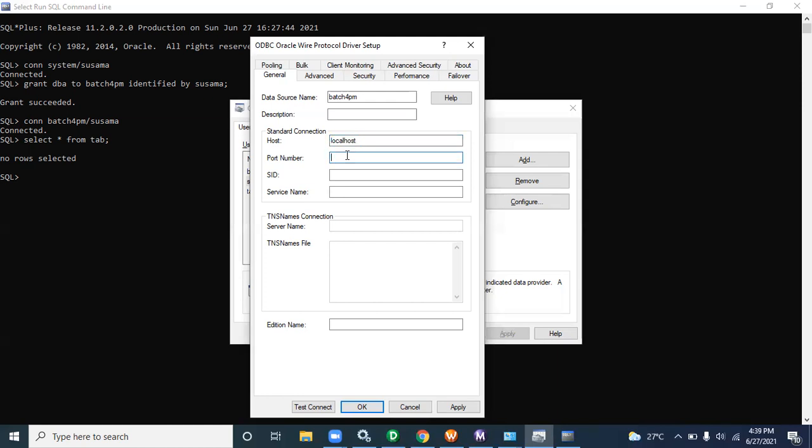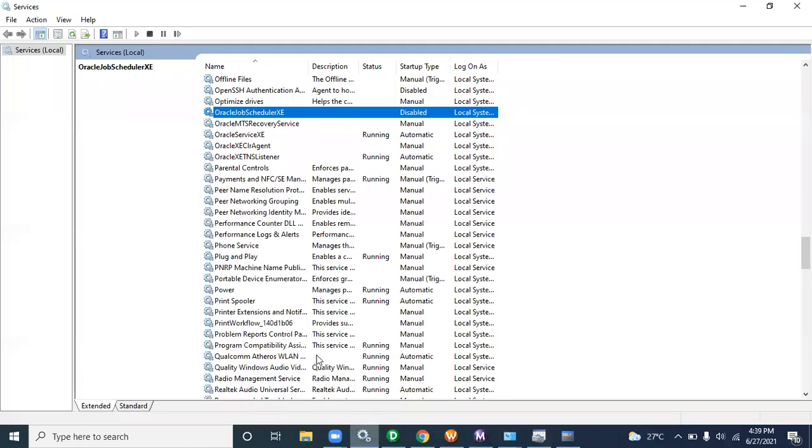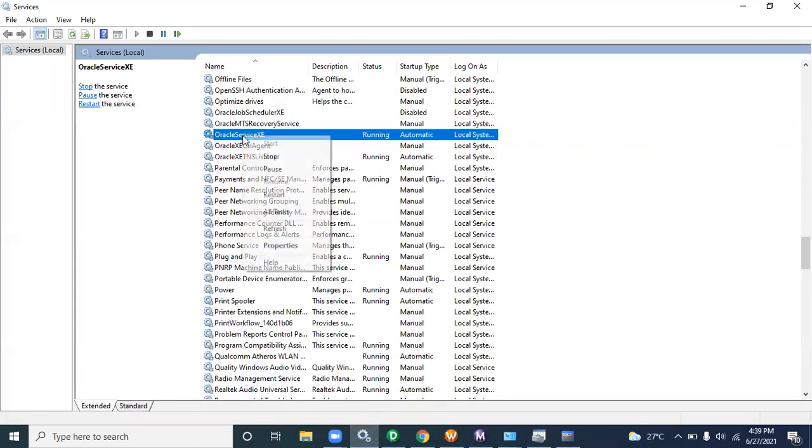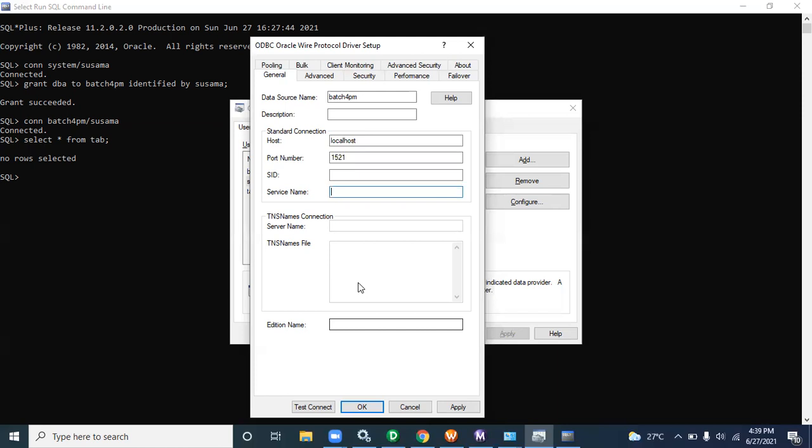Port number, by default in Oracle the port number given is 1521, but in real time it should be different. Okay, but that should be 4 digits. SID and service name are both the same. SID and service name, in Express Edition, go to services. You can see Oracle Service XE, and if it's Enterprise Edition, you can see Oracle Service ORCL. But in real time again, it is based on the project only.